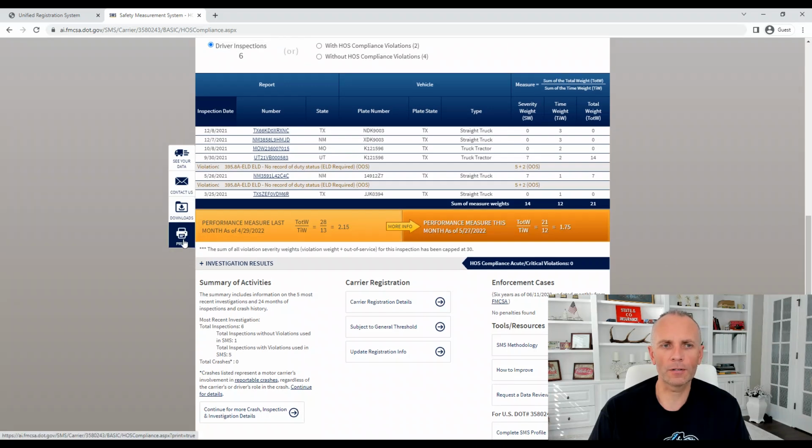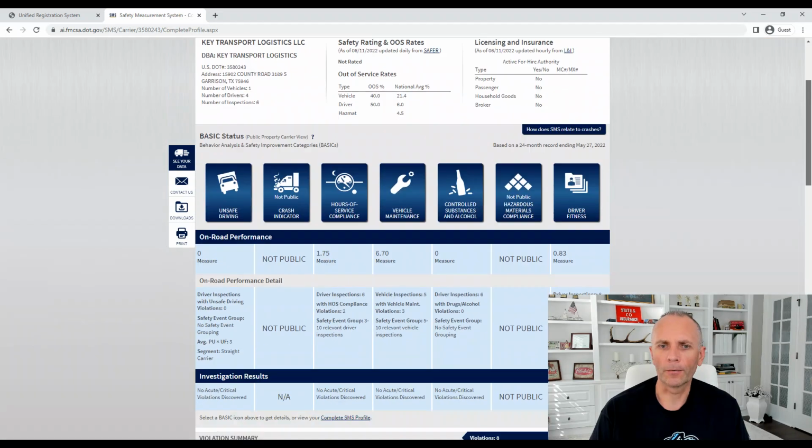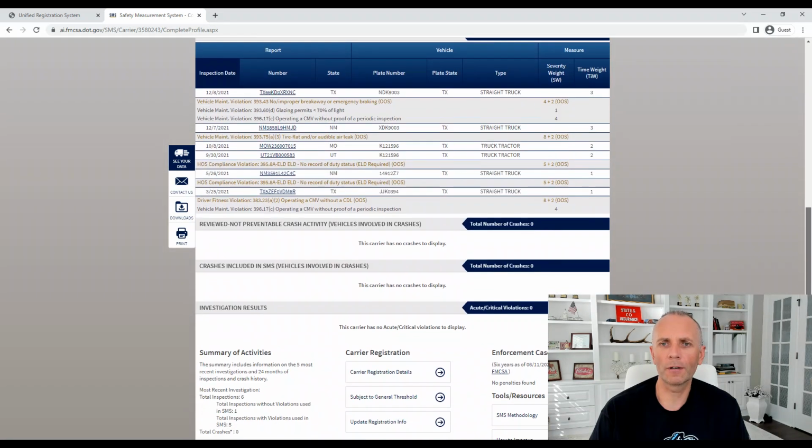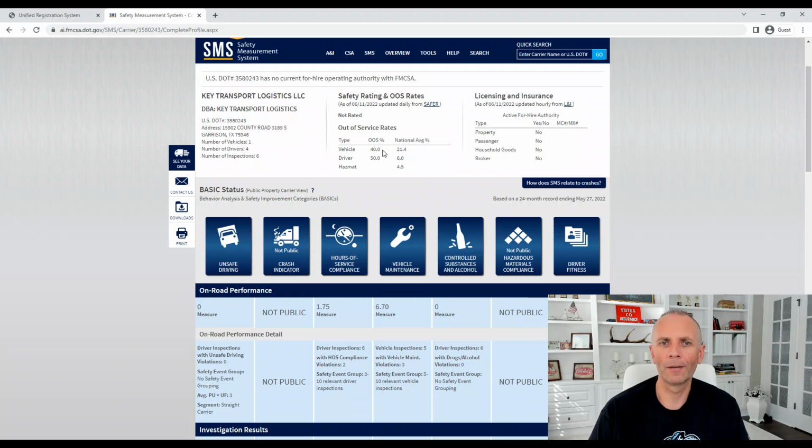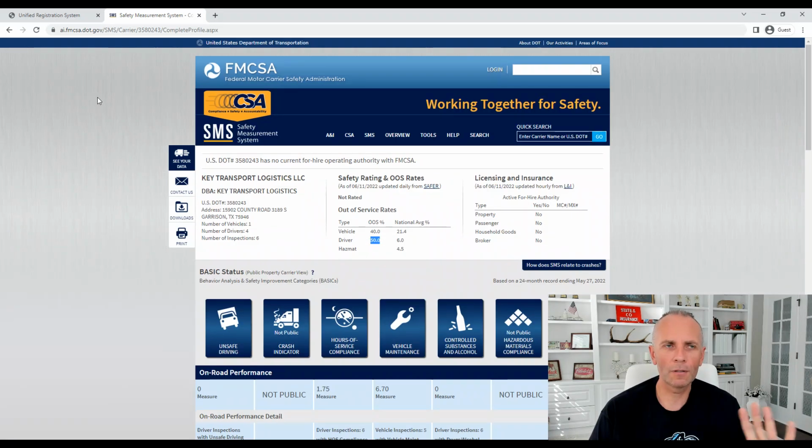And you can print a summary or download, because all this information is a public record. And you see, each violation has a point system that gets assigned. And like I said, in his case, it is pretty bad. 40% out of service for the vehicle, twice the industry national average, 50% for the driver. That's like 8 times the national average. So again, be diligent, and